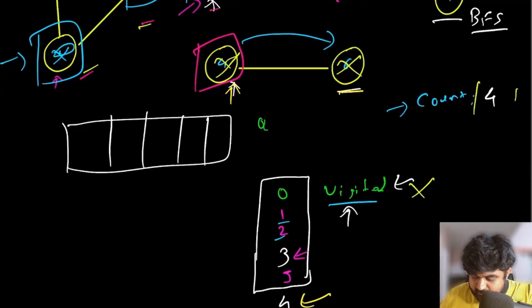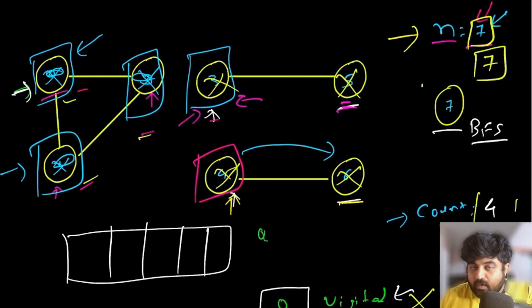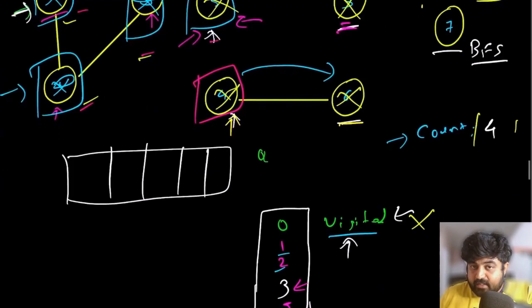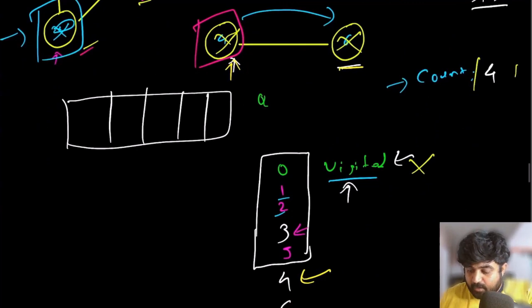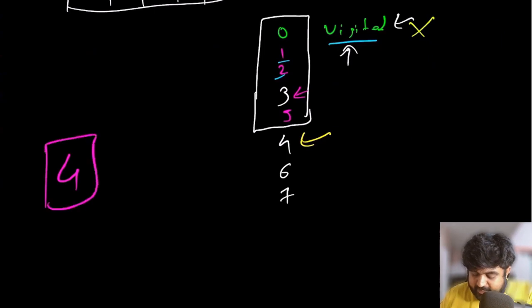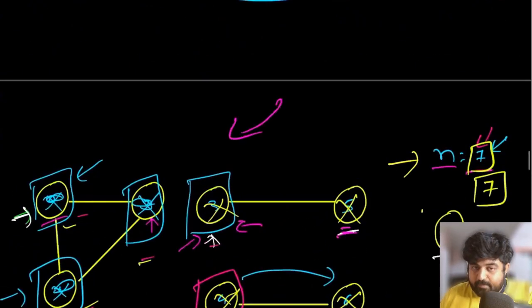now our queue is empty. We have already iterated over all the 7 nodes that were given as the input, and we are basically done with the problem. So in the end, whatever value has been stored inside this count variable is the answer we need to return. So simply at the end, we can return that there are 4 connected components in this problem, and this is the complete solution.